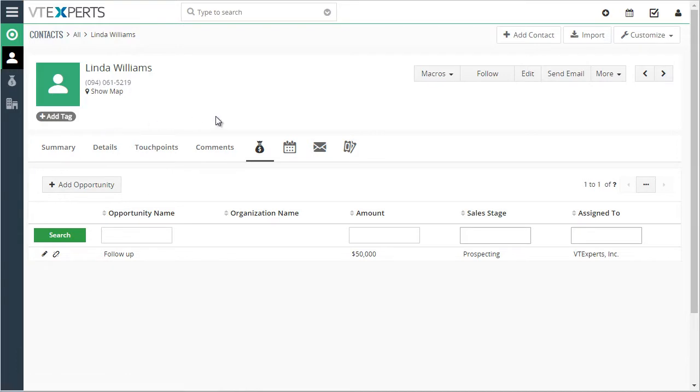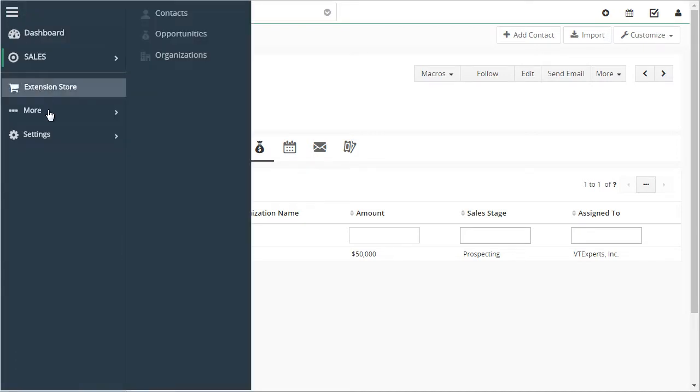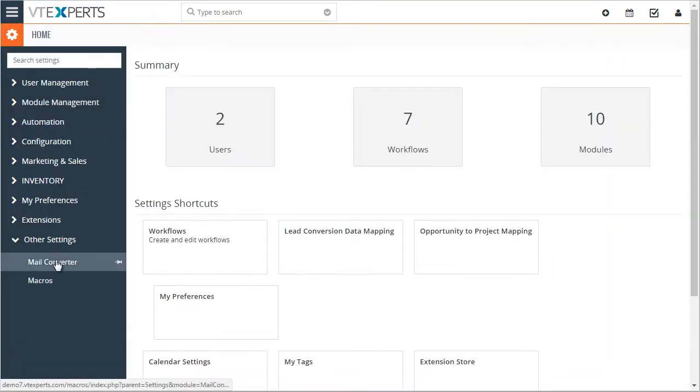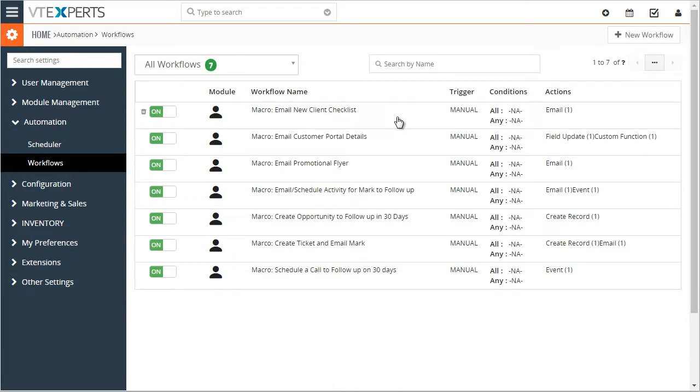Now to configure the macros for each module, what you would have to do is go to the settings, CRM settings, and then under other settings we have macros, and this is the list of all the existing macros that we saw for the contacts module. To create a new macro, you would hit new workflow,